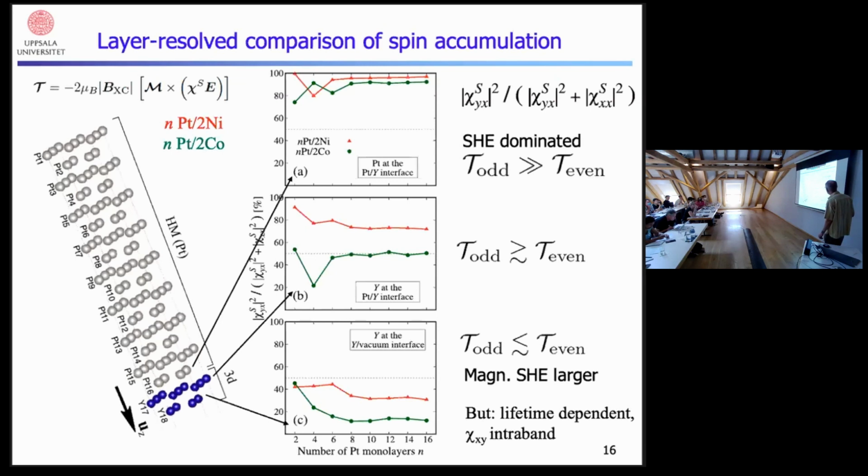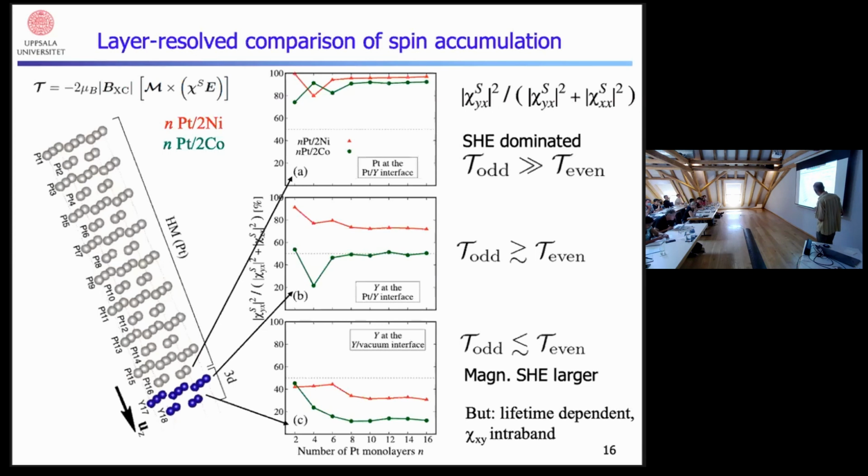We can look at the torque in our system here. But as I said, at this point we do not consider the orbital torque. So we look at the conventional torque with the interaction, and we can look at the ratio of the quantities. So this is the time reversal even accumulation, and the time reversal odd accumulation. And if we go then here